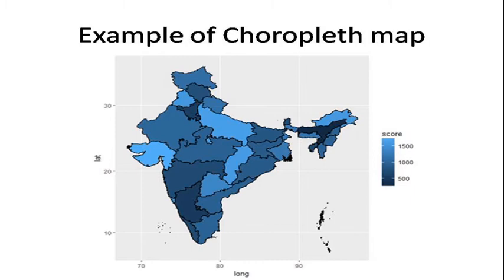This is an example of a choropleth map, in which we can easily judge that Assam state and Haryana have the dark shades, which means the concentration is high in these areas as compared to Gujarat, Punjab, Uttar Pradesh, Chhattisgarh, Arunachal Pradesh, and in the case of Karnataka, Himachal Pradesh are medium.